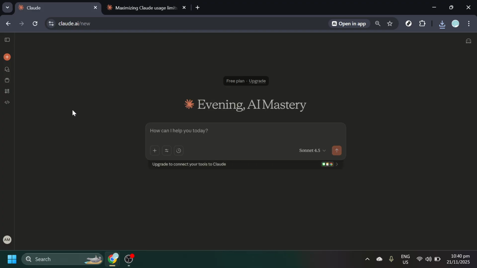You should arrive at the interface where you can start a new chat. If the layout looks a little different from what you've seen before, that's normal. Interfaces get updated, but the core flow is the same. Now, we're going to craft a single, efficient prompt that teaches you how to stretch your daily usage while getting